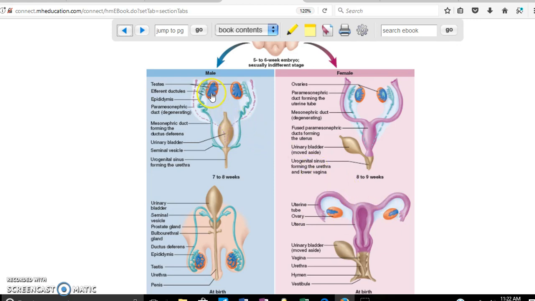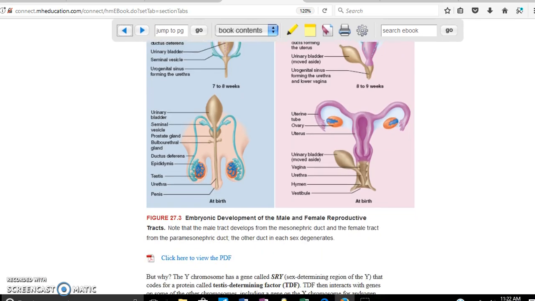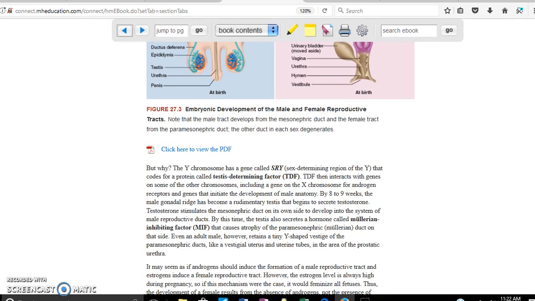But in the case of the testicles, they travel from the abdomen all the way down to where the scrotum is going to be. So there are a lot of areas that the testicle will have to go through in order to descend to the scrotum. And this happens obviously from 7 to 8 weeks until the baby is born. Okay, so you can see that in here the structures are already very much in place when the baby is born. So if we scroll down,